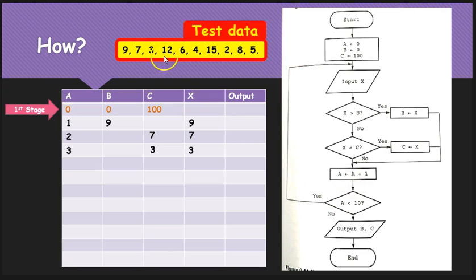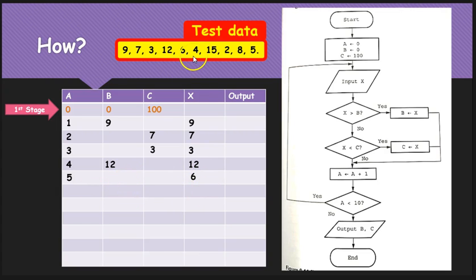Next one, we've got number 12, so 12 goes into x. Is x greater than b? At the moment, 9 is in b, so yes, x is greater than b, so 12 gets stored into b. We move down and we add another one to the counter. Then we've got the number 6 that comes into it. Now is 6 greater than b? Well, no, it isn't. We go down, so is 6 less than c? Well, at the moment, 3 is in there, so it wouldn't put itself in there. So we need to add another one to the counter, and nothing happens to any of the variables.